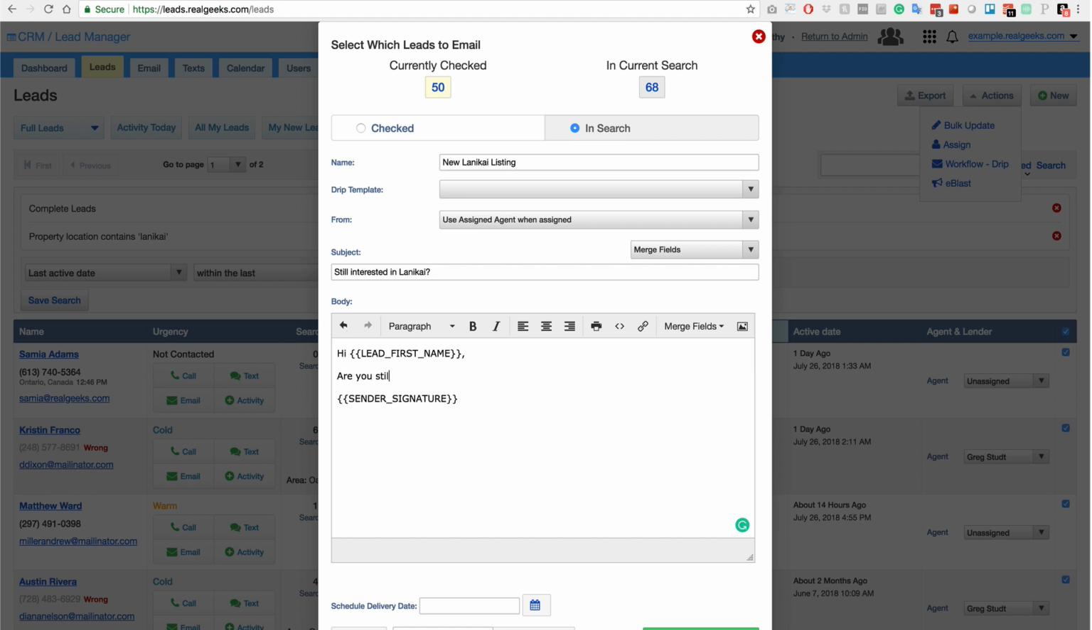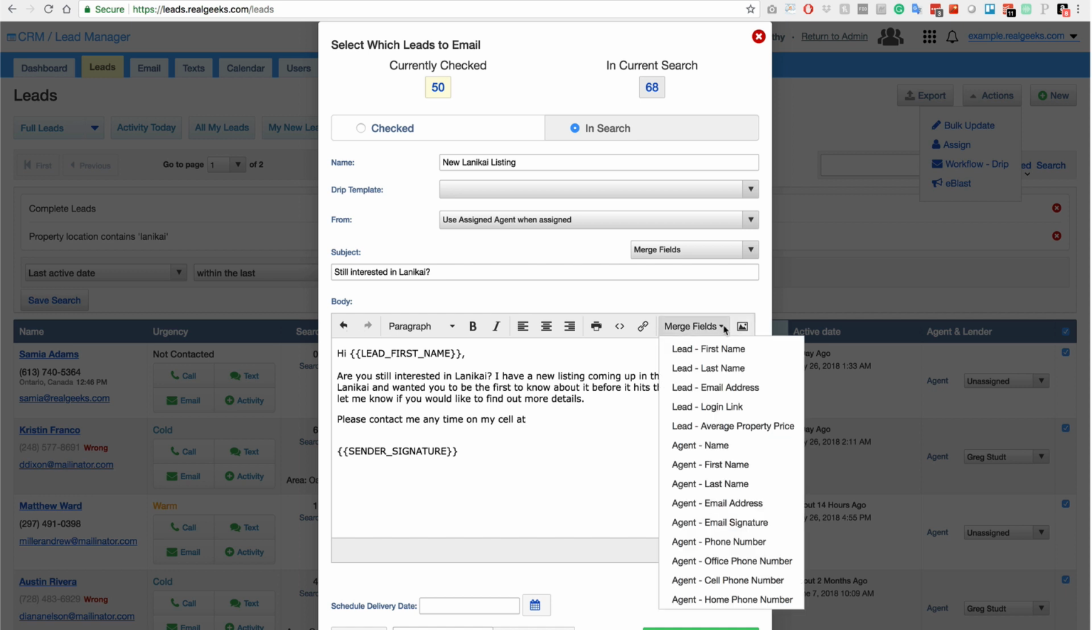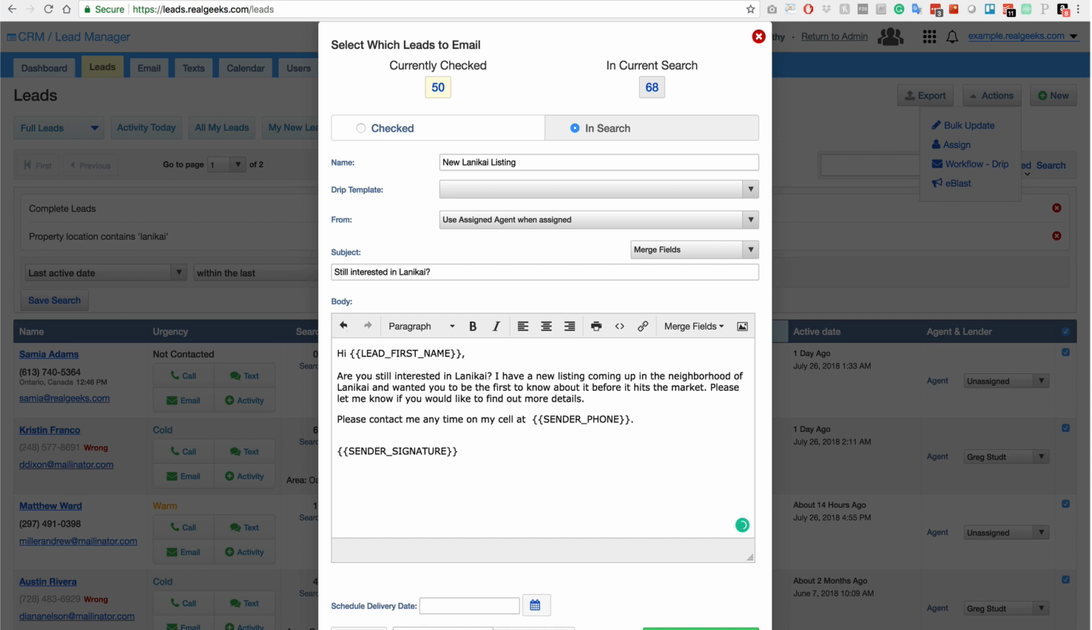Hi, lead first name. Are you still interested in Lanikai? I have a new listing coming up in the neighborhood of Lanikai and wanted you to be the first to know about it before it hits the market. Please let me know if you would like to find out more details. Please contact me anytime on my cell at... Now let's select the merge field titled Agent Phone Number, and it will populate with the phone number of whomever the email is coming from. Signed, sender signature. This will also populate with the signature of the person who the email is set to come